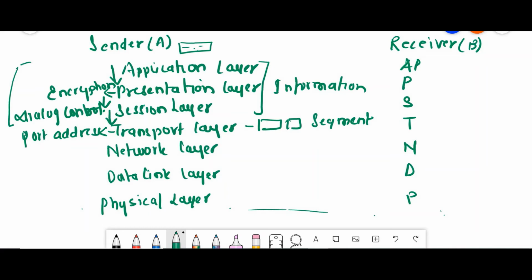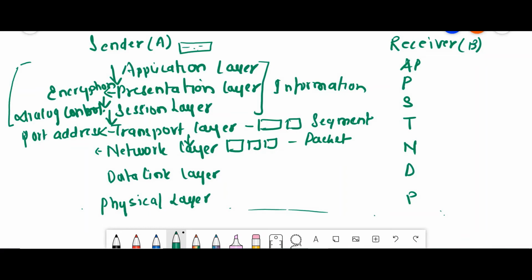Next, from the transport layer our data is passed to the network layer. In the network layer, these segments are further broken into smaller chunks called packets. So data in the network layer is called a packet, and the main function of this layer is routing. What is routing? Routing means showing the route. If two devices are communicating, routing shows from which path the data should be sent.